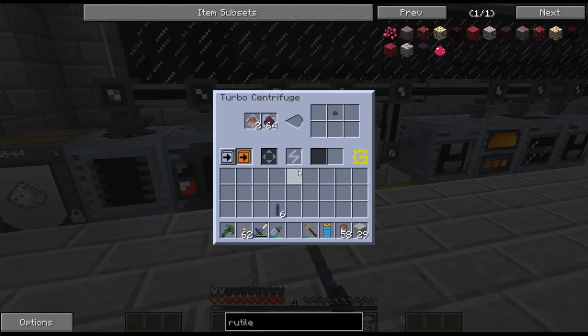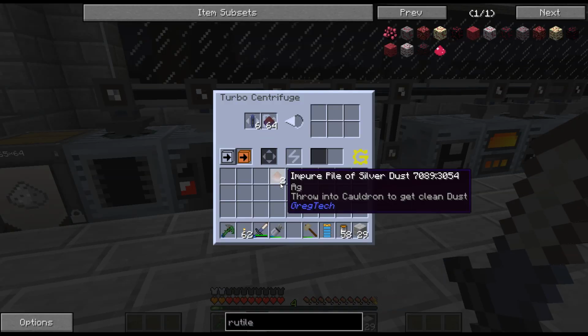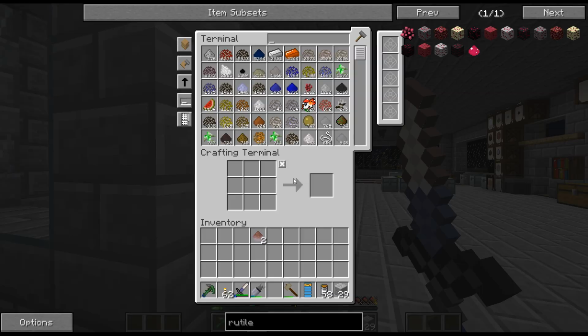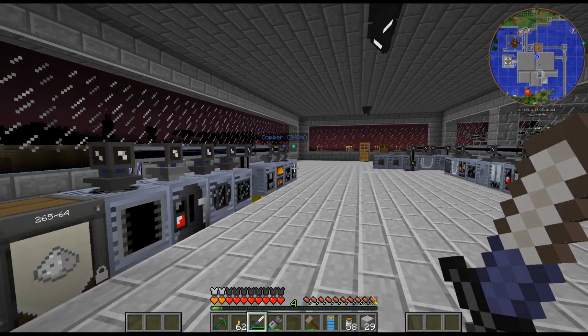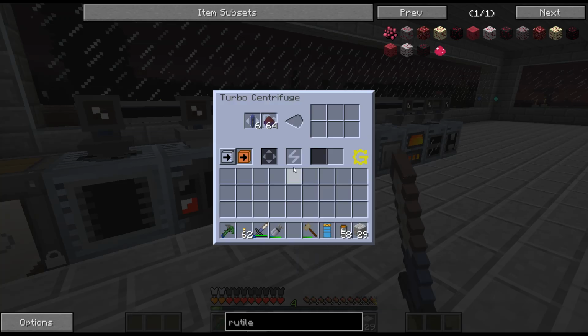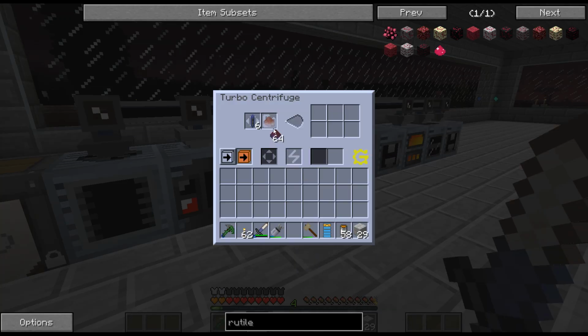Okay, not the ore washer. In this one. I could probably just put silver directly to get smelted down, but does this have to be... I'm trying to remember. Oh, this might need to be...